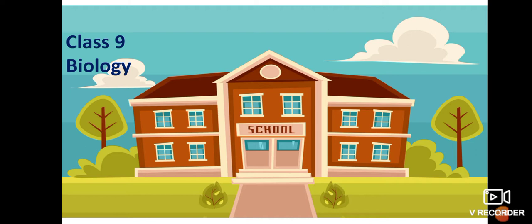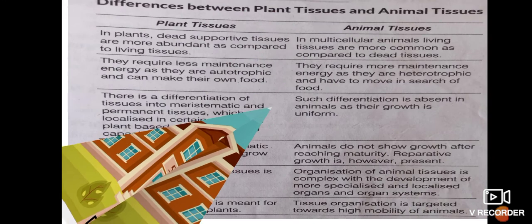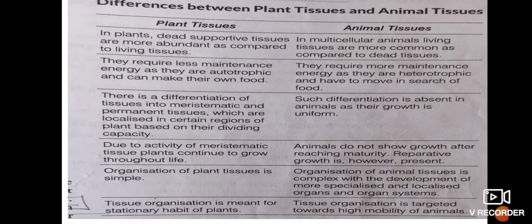Okay, dear students, so today we are going to start with the particular differences between different objects in this chapter. So we will talk about the differences of chapter number 6. Okay, so here let's discuss the first difference between plant tissue and animal tissue, which is the main part of this chapter, how the plant tissue is different from the animal tissue, that we will discuss here.